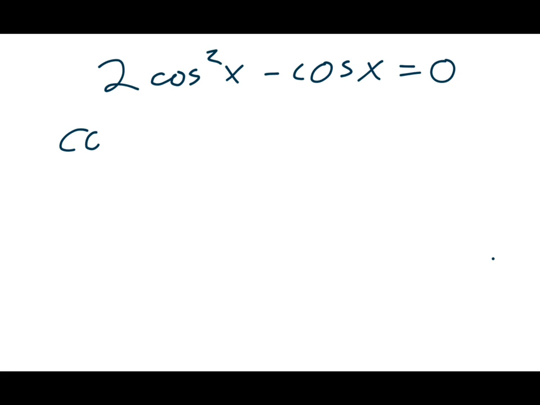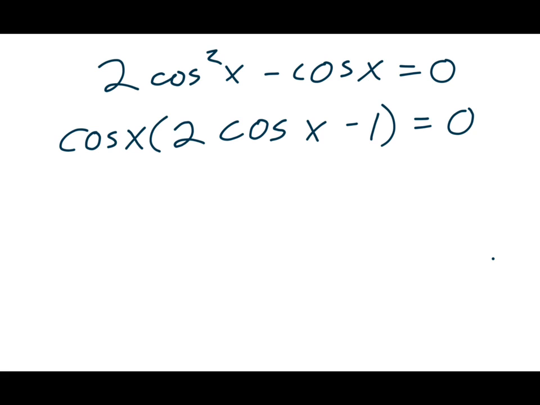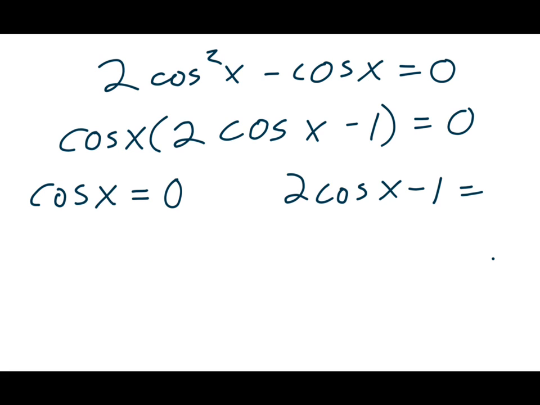Let's say we have 2 cosine squared of x minus cosine of x equals 0. And we factor this one. If I factor out a cosine of x, I'm left with 2 cosine of x minus 1 equals 0. Using the zero product property, I have this, and I have this. So we can use cosine inverse here to find out that